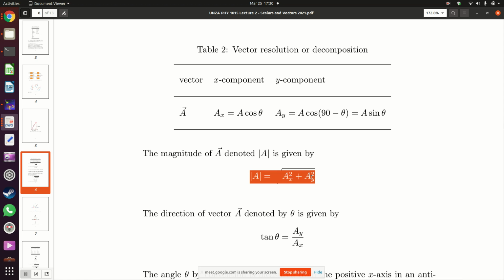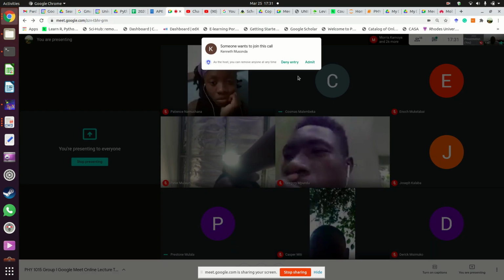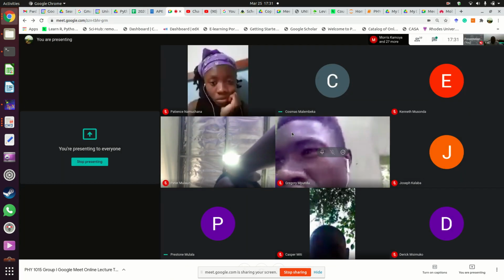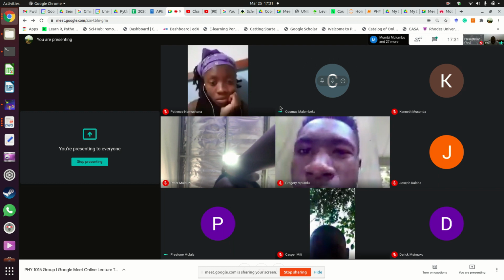So we are now doing the opposite. The first thing we did in that table, we had the vector, then we broke the vector down into its components, Ax and Ay. Now we are doing the reverse. We have the components Ax and Ay, then we are trying to rebuild the vector from its components. The only things we need when you're trying to rebuild a vector from its components are the magnitude and the